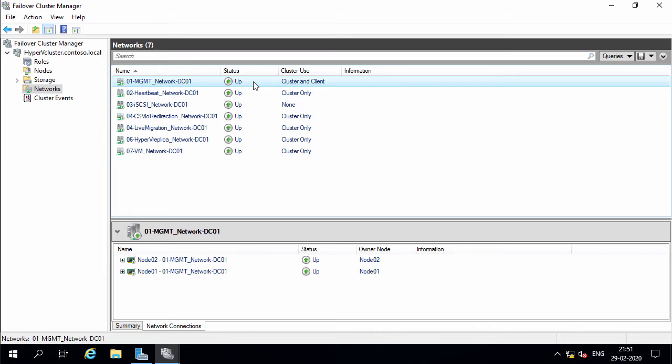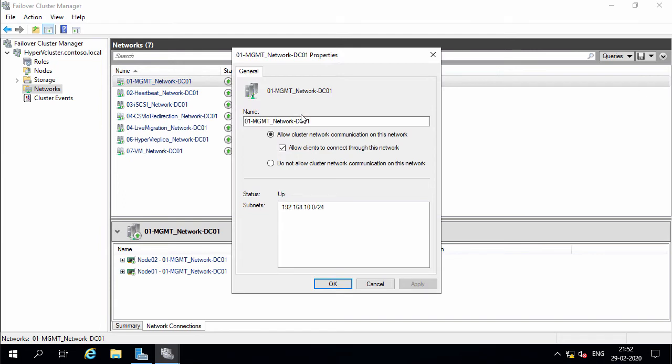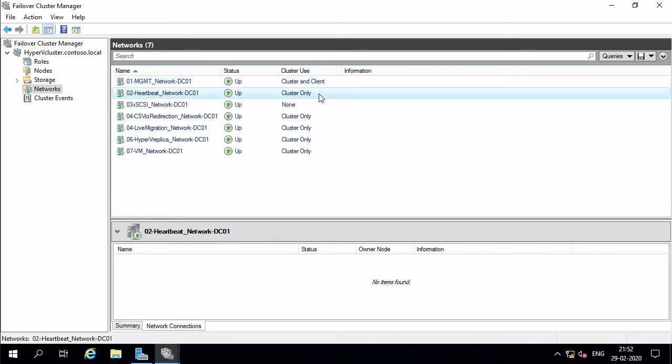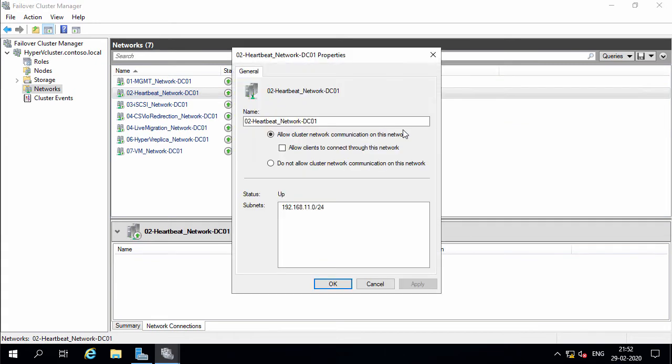So for the management network, I'll go into Properties and it is already set to allow cluster network communication on this network. And it also has allow clients to connect through this network, which is good. So this is cluster and client. So the management network should be cluster and client under cluster use. And coming back to heartbeat, let me open the properties.